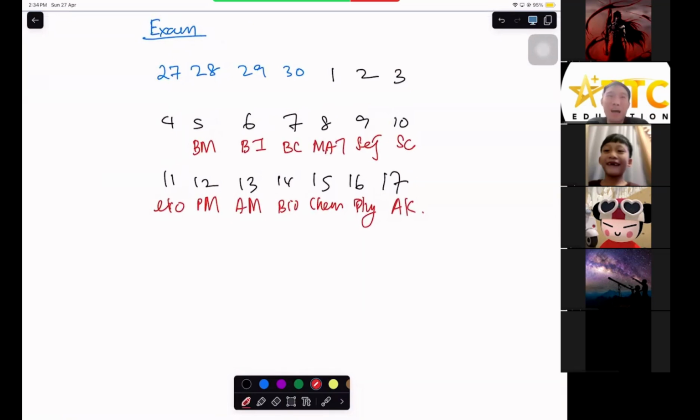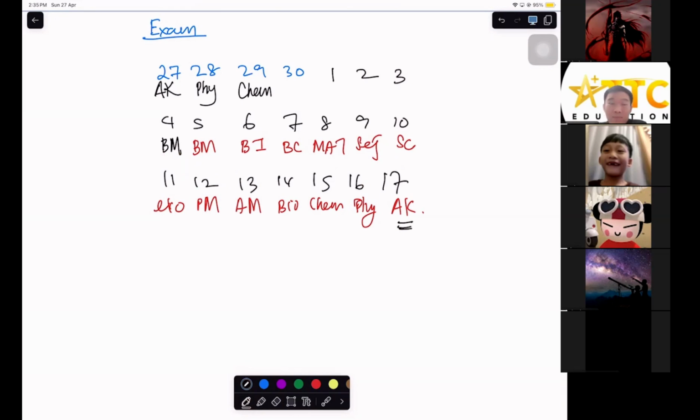Okay, so how to study? You go like this. You study backwards. So the account is the very last day, right? Let's say you study it now, like today. Then after that, go on to physics or something else. Then you notice I'm going backwards. But of course, on the 4th of May, you study